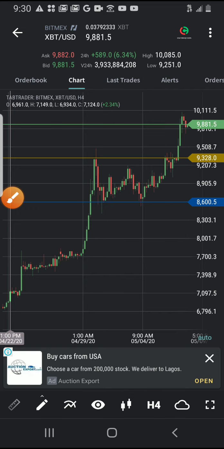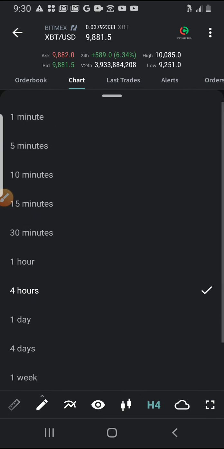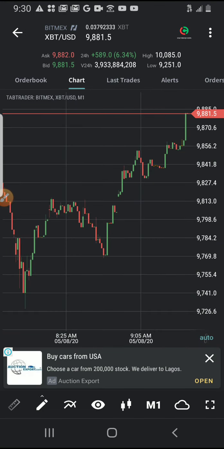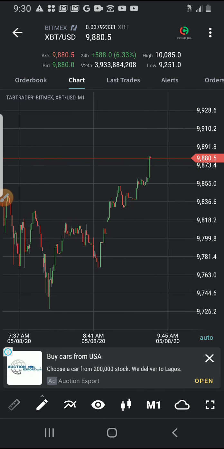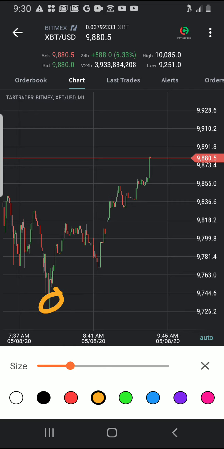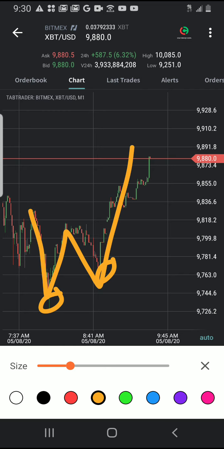Now I'm going to use another time frame, so you don't think it's only on the H4 time frame. I'm going to use a lower time frame. So let's move to 1 minute. Yes, we move to 1 minute. We also notice that we formed a double bottom again, this and this, and we moved up. Simple. So we can see it in any time frame,